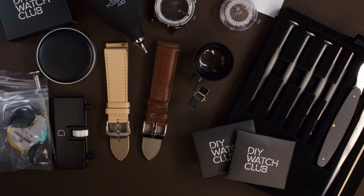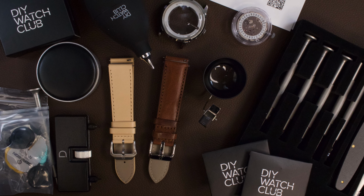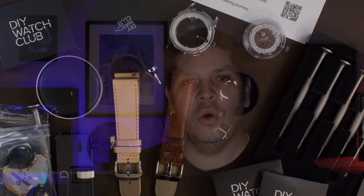I think what I'd like to see someday is DIY Watch Club offer upgraded movements, maybe a trade-up program where you could send in the Miyota movement and pay a slight fee for, let's say, a Sellita movement and holder that's made for that model of watch you own. I think that would be super cool, and this type of watch kit seems like it could be for a